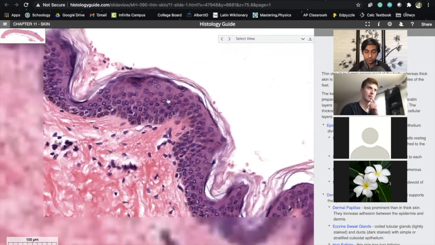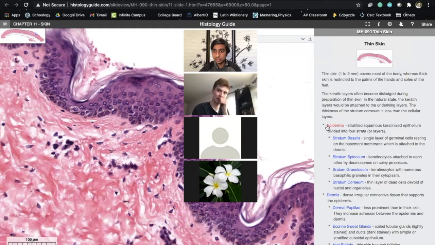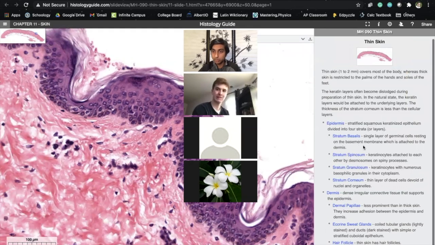So this entire region is the epidermis. The epidermis consists of different parts. All right. So as you can see here, on the right side, there are multiple layers. You have the stratum basale, you have the stratum spinosum, whatever. I won't go into detail about those, but know that the cells called